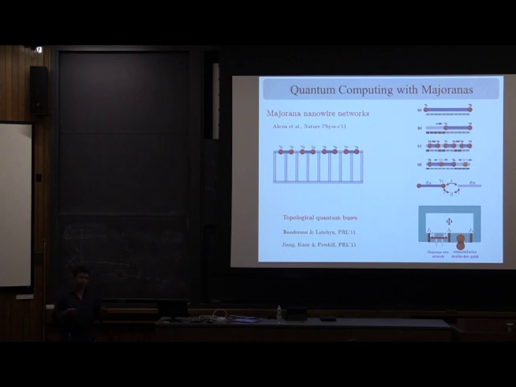And so what's great about these Ising anyons is that they're very robust and one can use them as a memory. And so if we have some good scheme to do quantum computation, then we can shuttle this information to topological degrees of freedom, and we can use them as quantum memory.